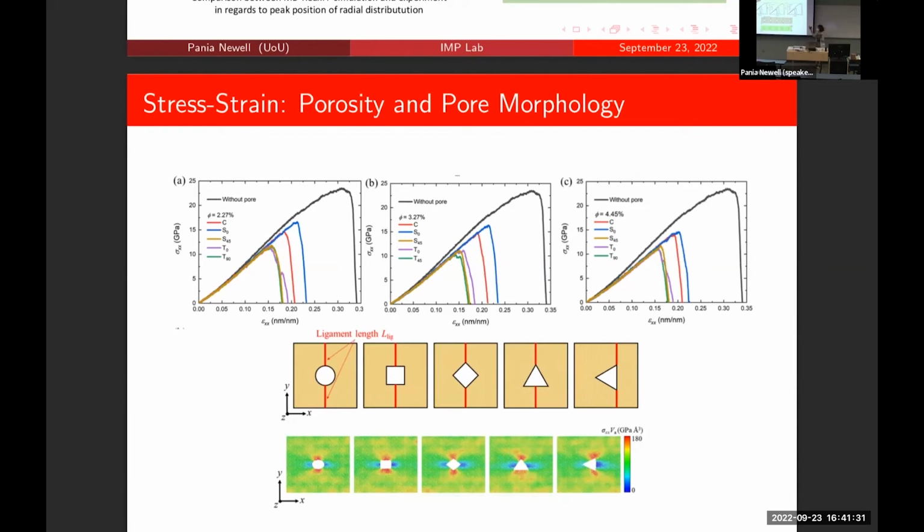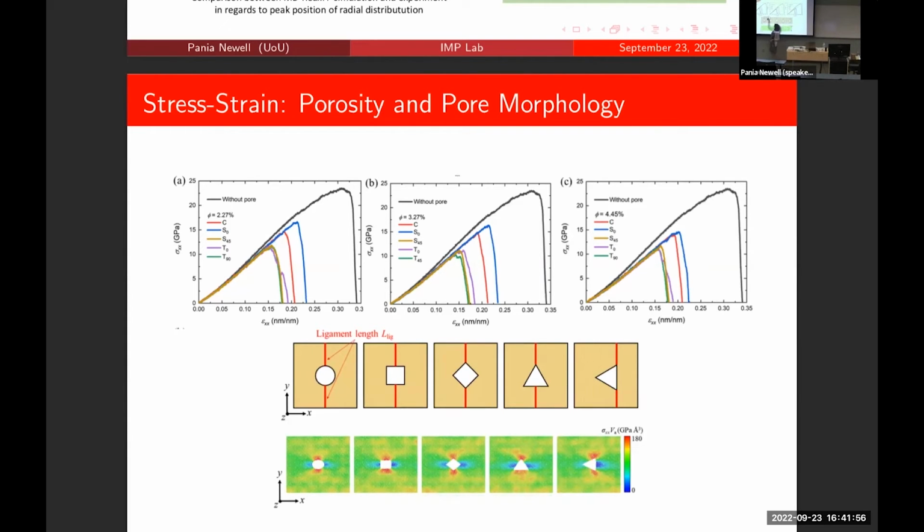The question is, well, what's happening? Why do the square-shaped pores have the highest strength? And when we look at the system, I did not mention that we set up all of these. These are unit cells, and as we all know, when we set up unit cells, there are periodic boundary conditions that we apply to them, I guess, for easy convergence. So all of these are periodic.